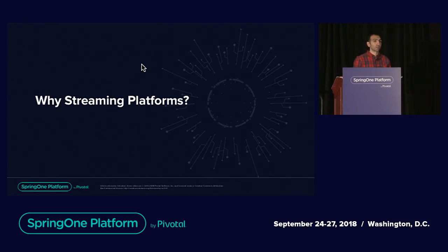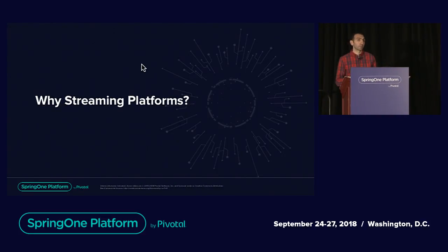Moreover, streaming platforms are not just a messaging tool anymore. You can persist data. You can do real-time processing. There are a lot more capabilities than you think. So streaming platforms today are built with three fundamental ideas: to be reliable, to be scalable, and to be maintainable. And that makes them very appealing to use in production. And moreover, most streaming platforms are battle tested at scale in the enterprise.